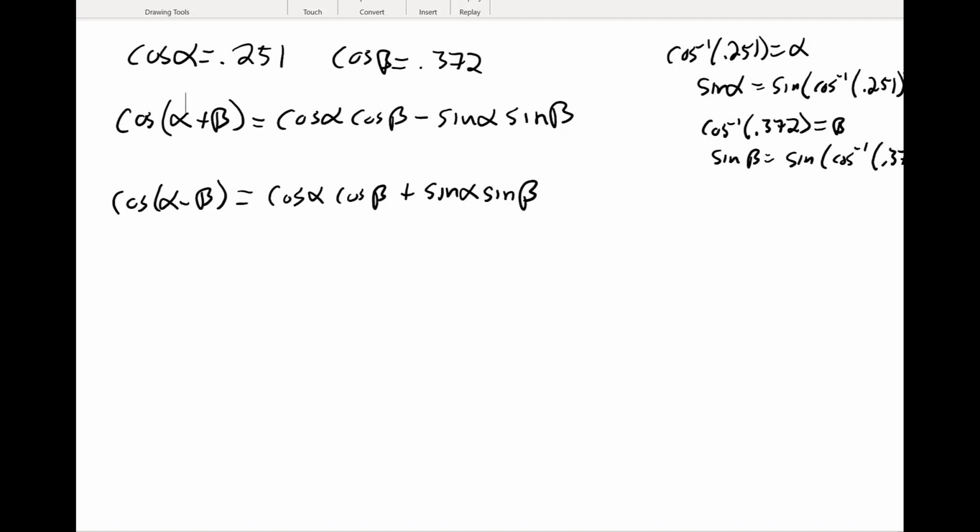So I'm going to do sine of cosine inverse of 0.251. And I get 0.968. They went to 3 places, so I'll go to 3 places. Then sine of cosine inverse of 0.372, again to 3 places, is 0.928. So cosine of alpha plus beta would be cosine of alpha, which is 0.251,